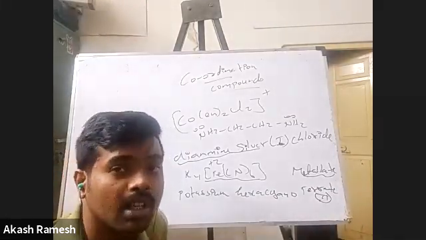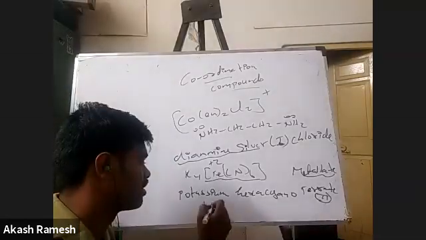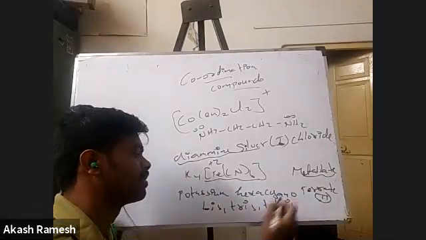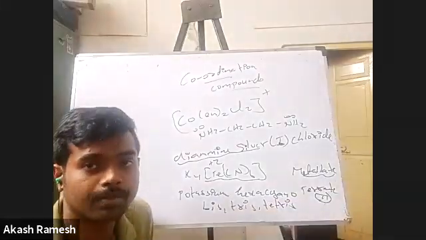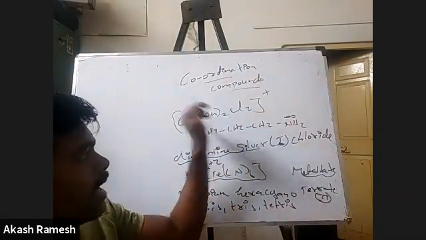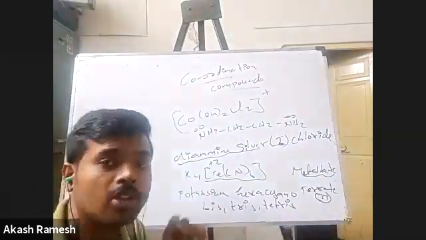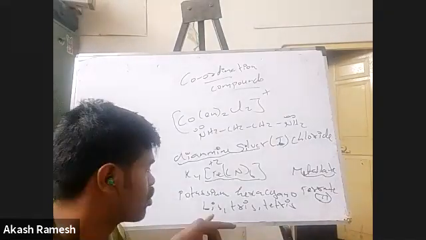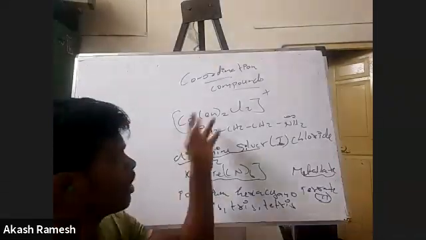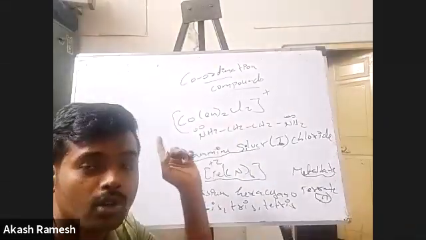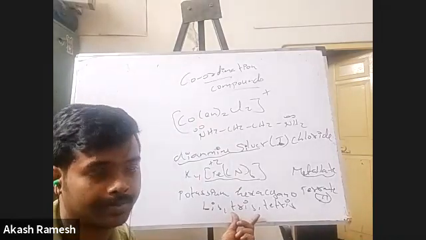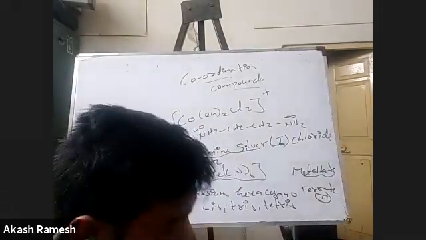You have to use bis, tris, tetrakis. Ethylene diamine is a bidentate ligand, and I have two molecules of it, so I should not say di, I should say bis. If you had three of them, you should say tris. So if I have to name this compound now,